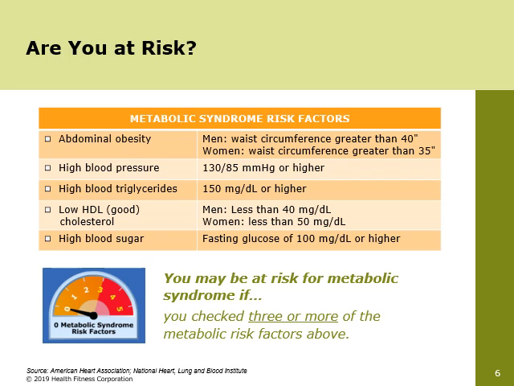The third risk factor here is high blood triglycerides. So this is a type of fat found in the body, and it's been associated with heart disease, diabetes, fatty liver disease, and it's often measured when you get your cholesterol checked. So the next time you get your cholesterol checked, you can see your triglyceride levels. And the criteria here is 150 or higher is when we consider it a risk factor.